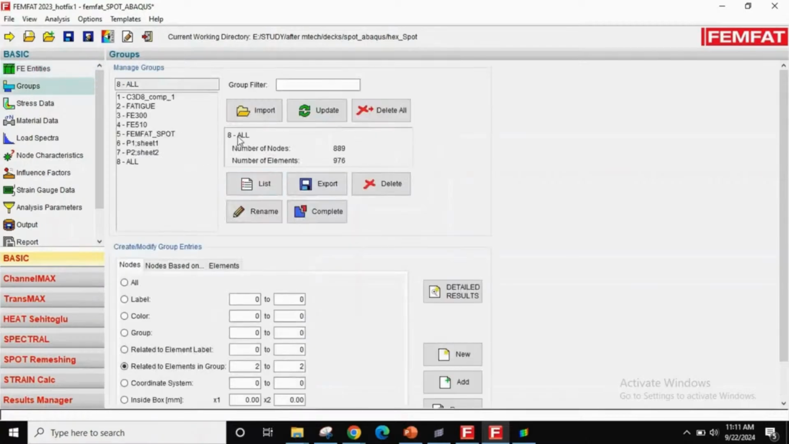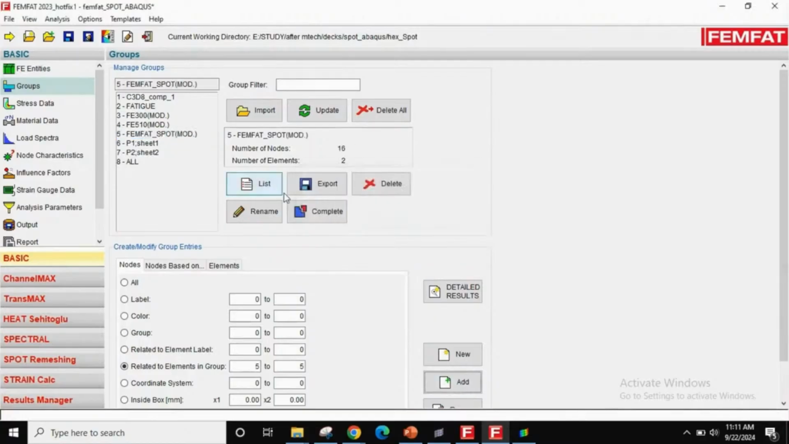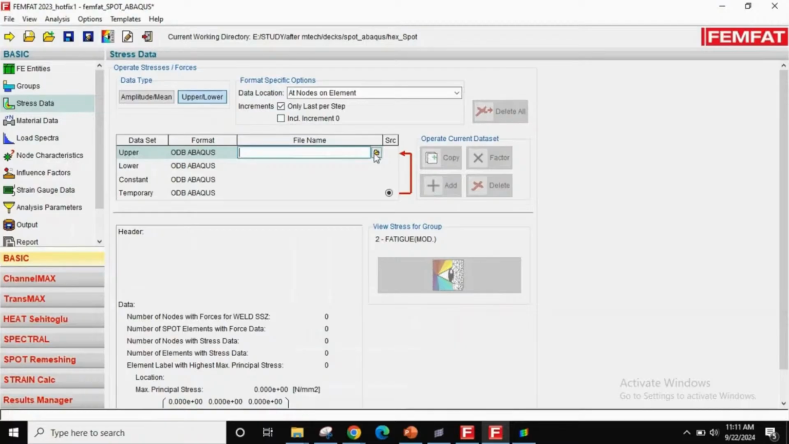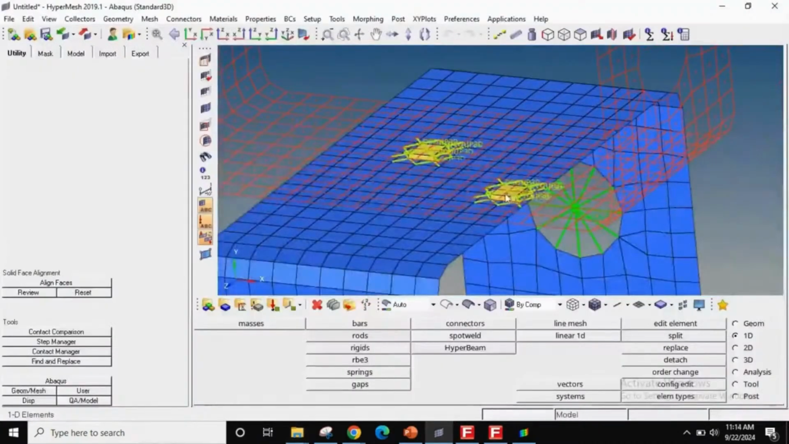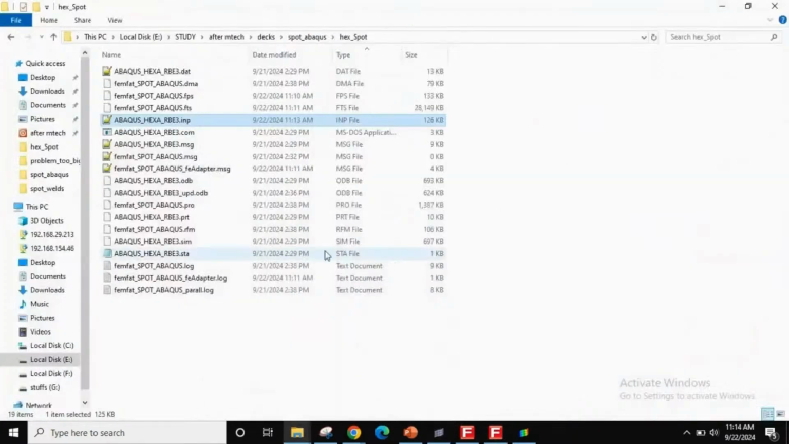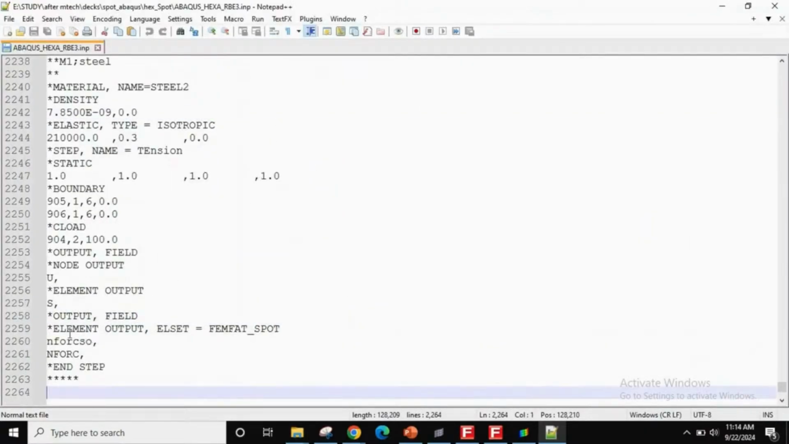Okay, so now groups. I can add these groups again, which I have created, and the fatigue set. Then the stress, I can load this stress. Once the stress is loaded, you will see the number of spot elements with force is equal to 2, because I have requested NFORCE here. I will show you. If you read this INP file and look at it,